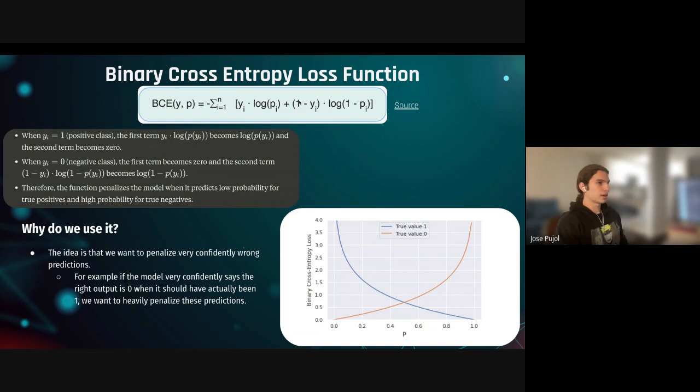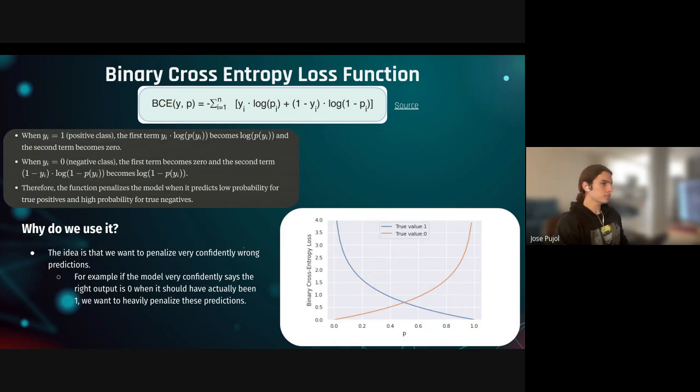Notice if the true label is 0, this becomes 1 minus 0, that's just 1. It just leaves us with this term. So really all we want to look at is this term, which is 1 minus the probability here, right? If the true